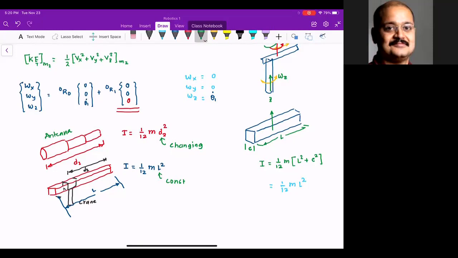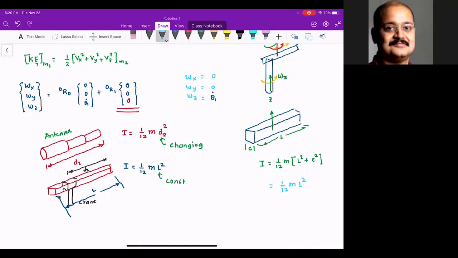So in the crane thing, the second one. Usually we know this thing whenever we have a pretty higher length from the rotation, we have a higher moment of inertia, and when we get closer, moment of inertia reduces. Or is it vice versa? So in the crane, as it is moving back, does the moment of inertia change, or the angular velocity? No. So let me, okay. So basically,